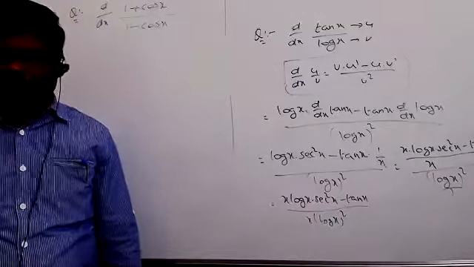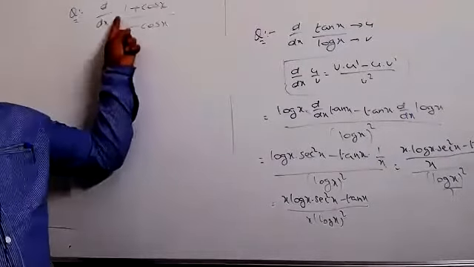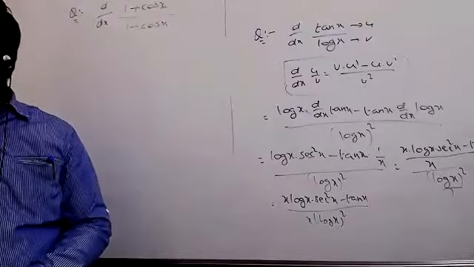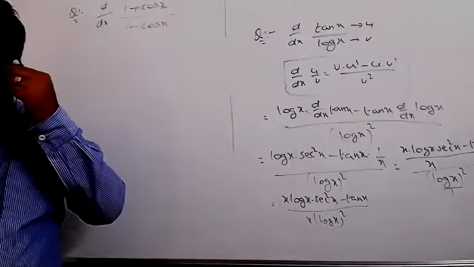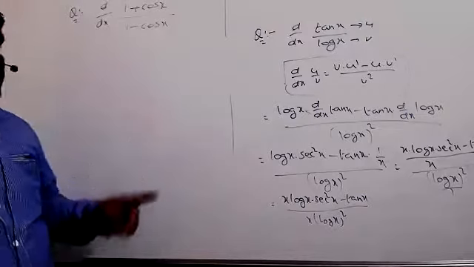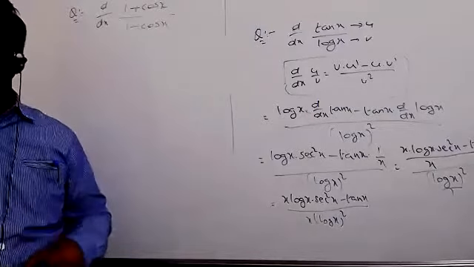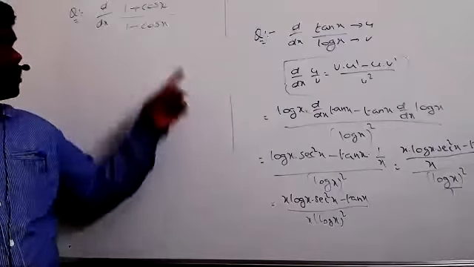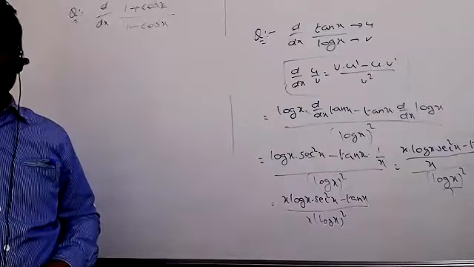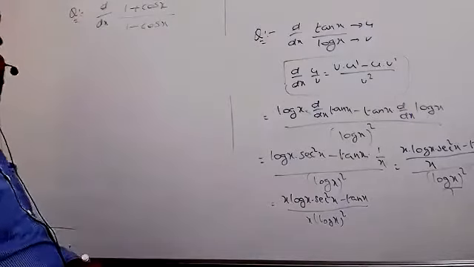This can be done in two different ways. One is by eliminating this one. By eliminating this one, you can simplify the function. Either you can eliminate this plus one and simplify the function, then differentiate, that is one method, or else directly apply the quotient rule, the u by v formula, directly. Understood now? But everything will be the same thing only we are getting. First we will do both the methods, we will solve that.